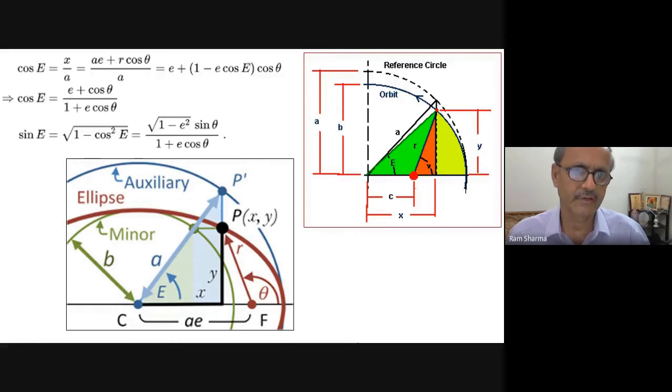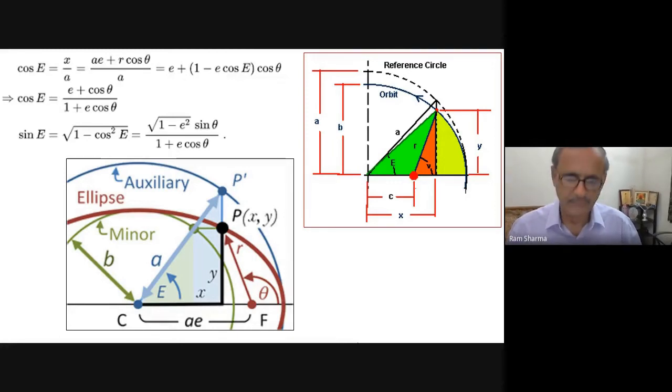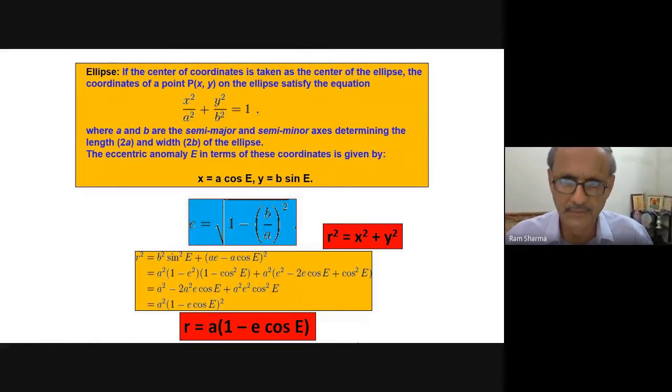These are the exact equations in terms of the eccentricity, with no approximation here. And sine E you can again calculate from 1 minus cos squared E. So we have this sine and cos E. These figures help us to calculate those values. I'm not going into very detailed derivation; you can very easily see it, you're all experts. When you know the equation of an ellipse, we know the parametric coordinates: x = a cos E and y = b sin E.